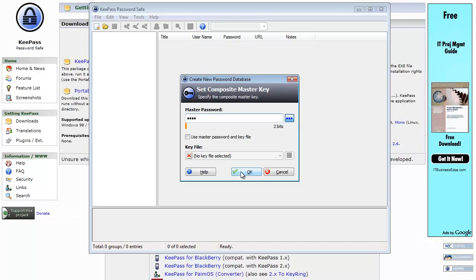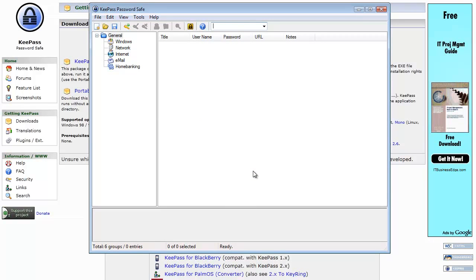And the file itself does get encrypted, so there's no worry about it being opened easily, or at all for that fact. This uses AES encryption, which is pretty strong. And so I'm just going to hit OK. Enter the 1234 password again. OK. You can see on the left side there's some groups that have been created that are pre-populated into this